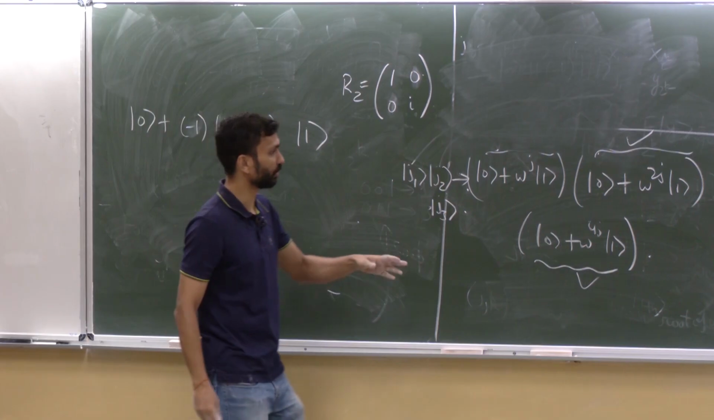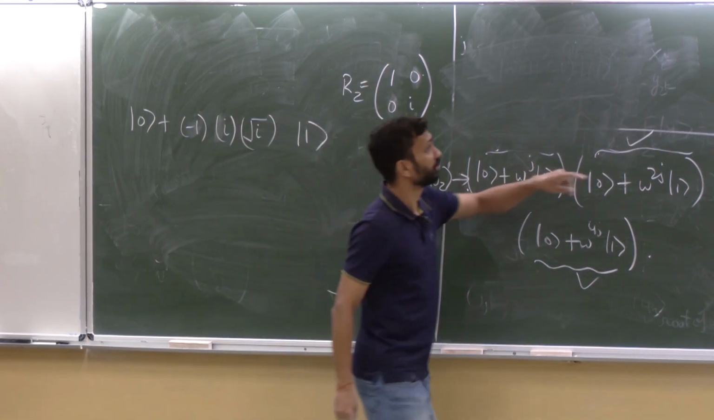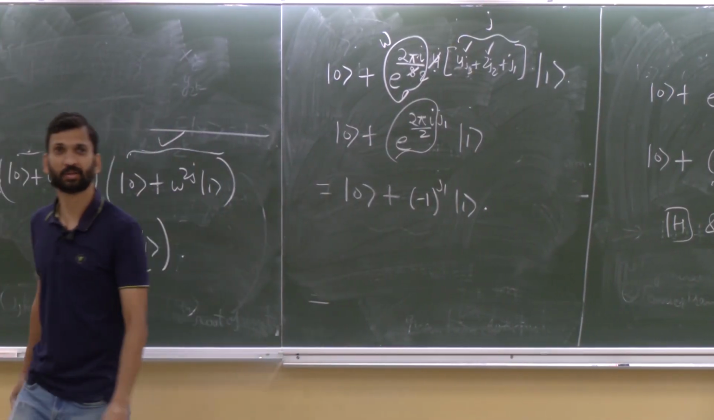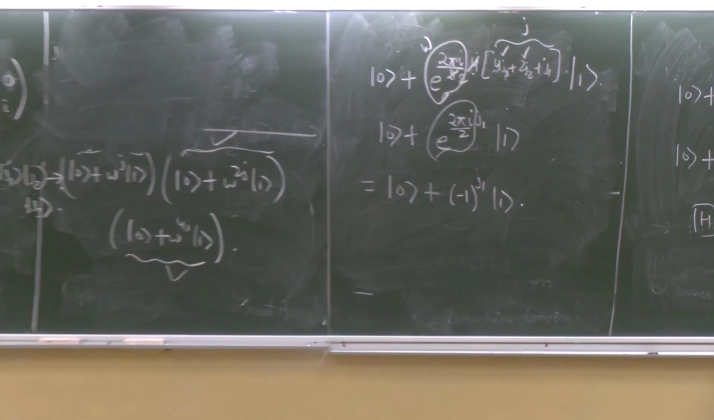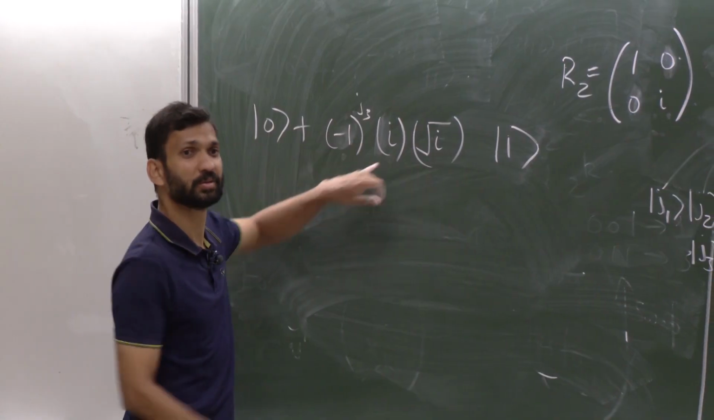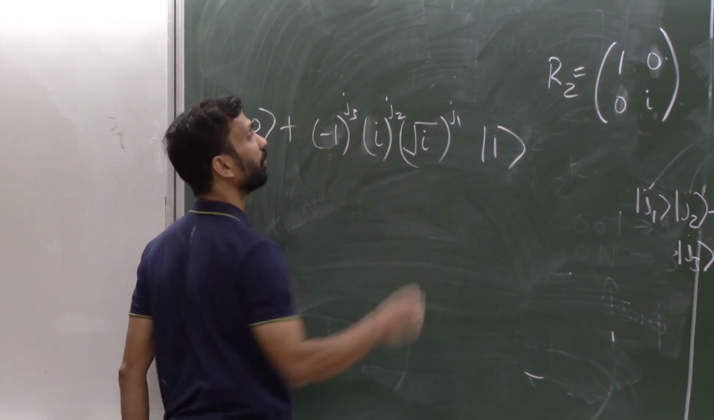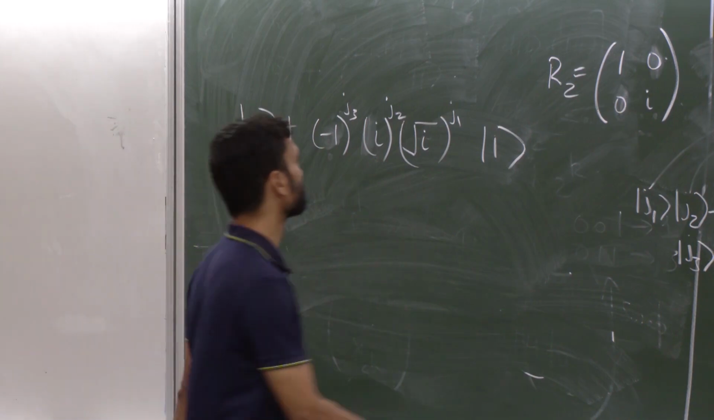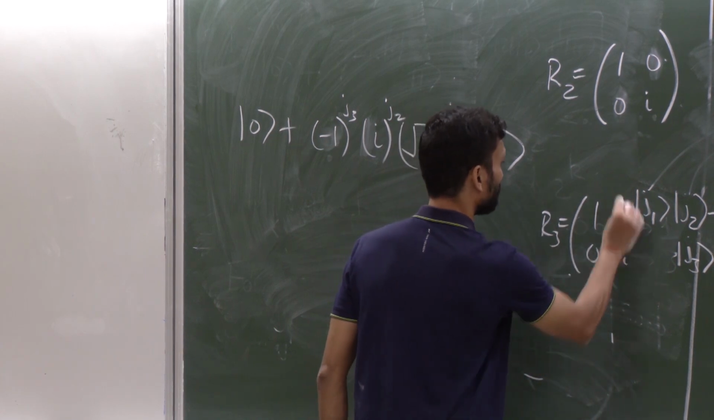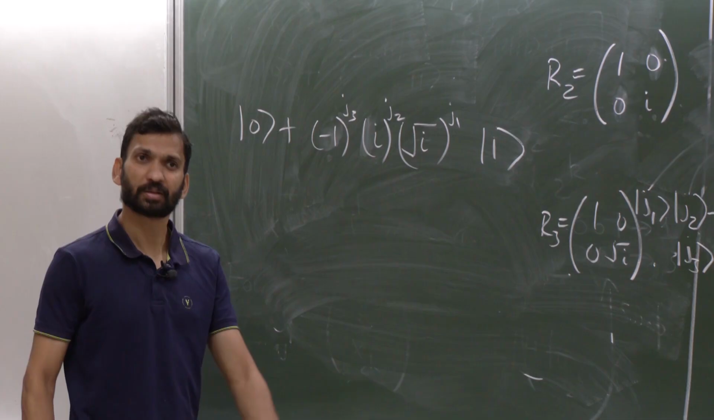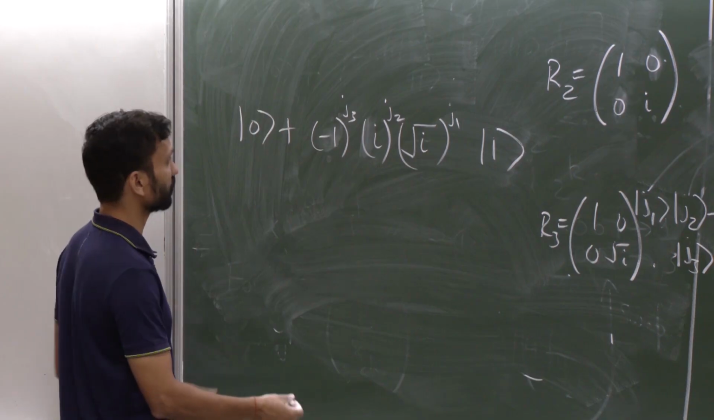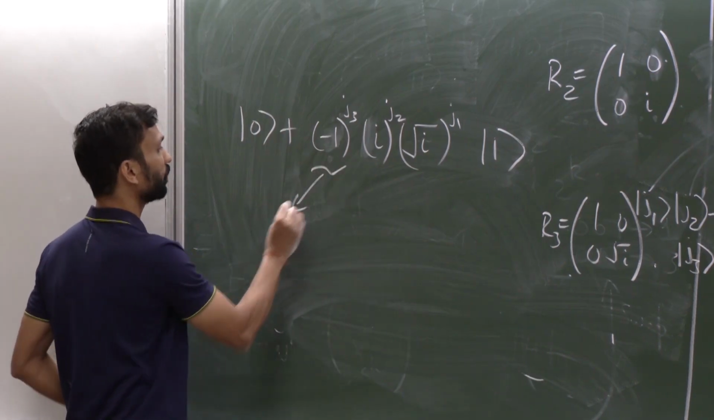This is math. There is nothing quantum. You have e to the 2 pi by 8 times 4j3 plus 2j2 plus j1, right? So minus 1 to the power, i to the power. Remember, 1 qubit gates are there for us. So then this one will appear by